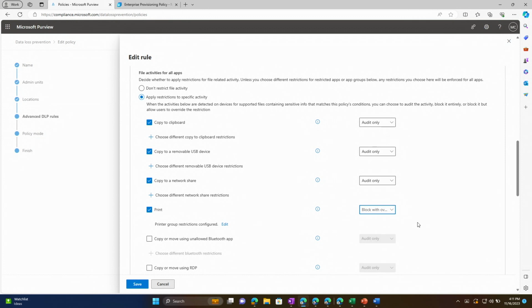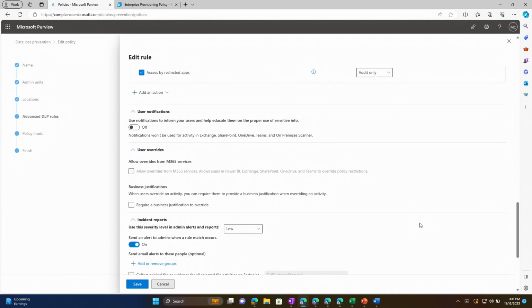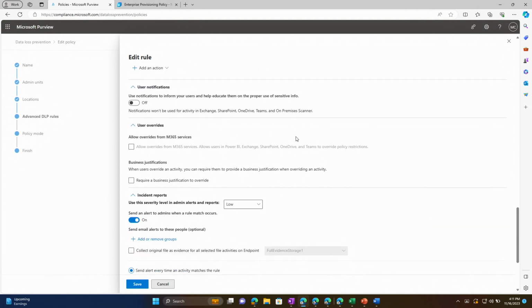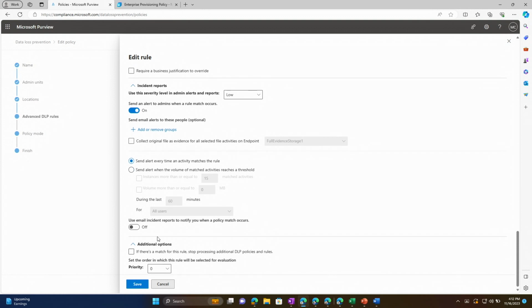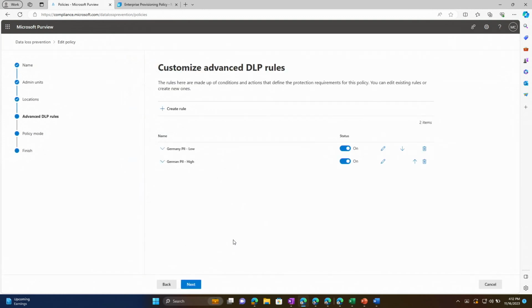Now, once you define your restrictive action, the next component is to start defining your admin actions. What kind of emails, what kind of notifications do you want to send to your end users if a match happens? Or what kind of policy tips do you want to show? Or you can also choose to turn on a DLP alert once a match happens. So once you define all of your admin actions, you can hit save, define any more rules as required, and